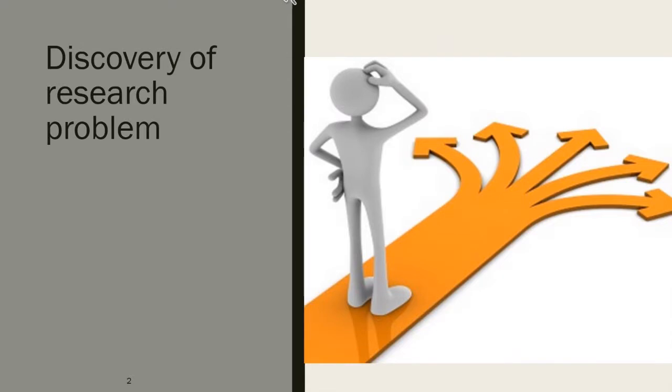Discovery of research problem. Now this is crucial. It is really difficult to find a good research problem, though it may look easy, but there are so many things that we want to know. So there are n numbers of research problems under the sky, but once you select one thing and approach these questions closely, they appear too vast and with too many complexities involved, so they need to be broken down further. And when you do that, you suddenly find yourself with a choice of thousands of small problems.